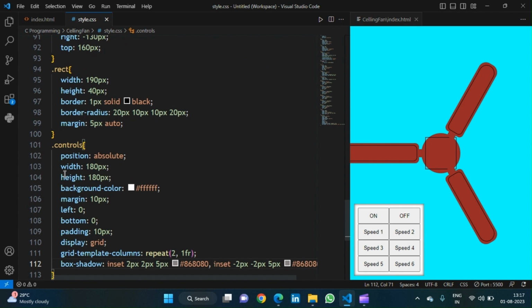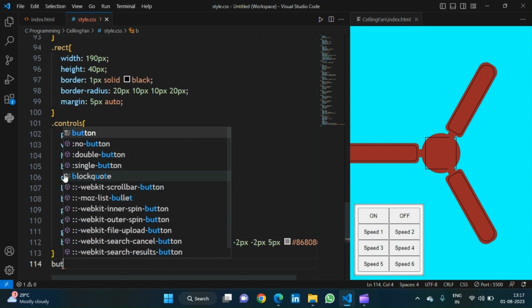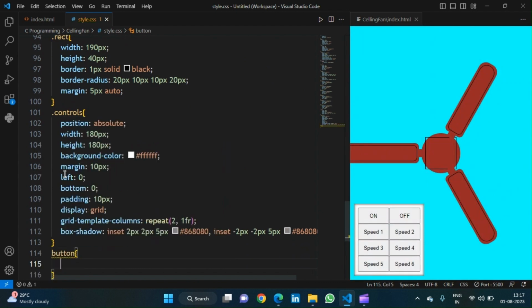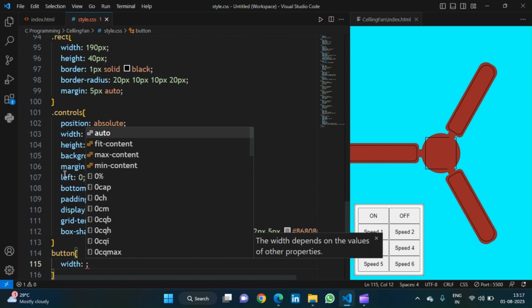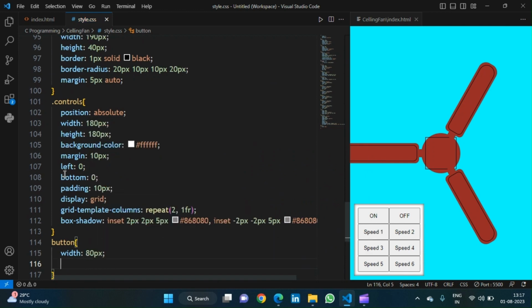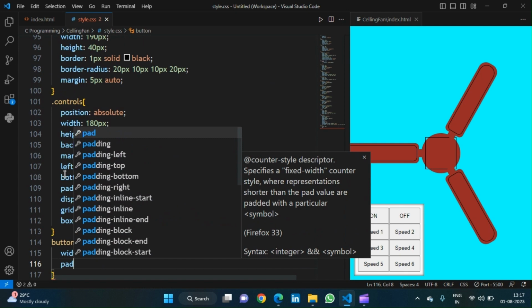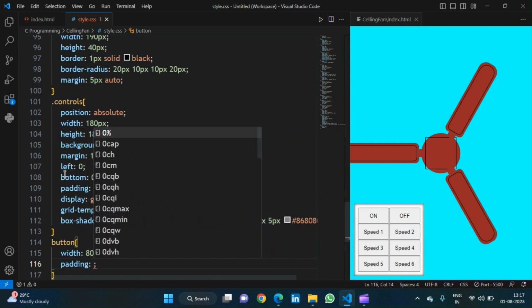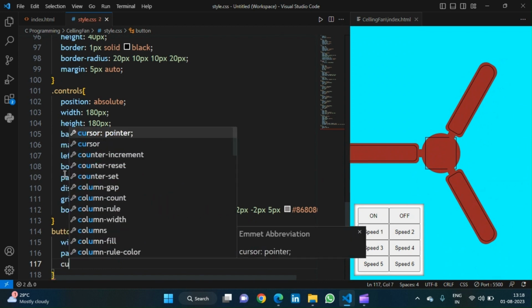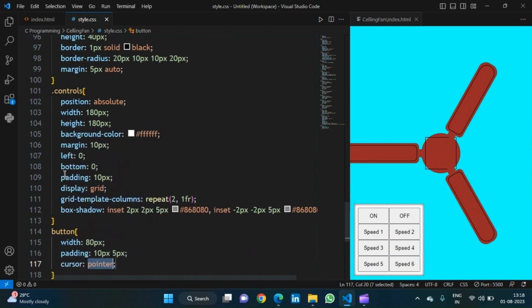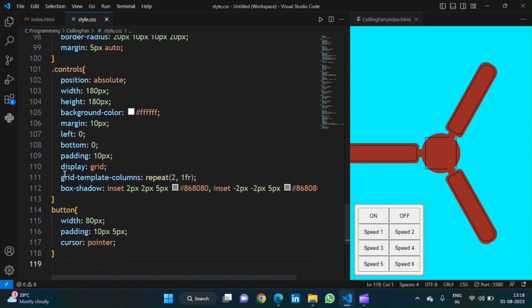Now just come after it and selecting the buttons. So buttons, and we just select it and just give the dimensions. So width should be 80 pixel, and after that giving a padding. So padding will be 10 pixel and 5 pixel. After that make the cursor pointer, and after that come to the next, and inside the button just we have